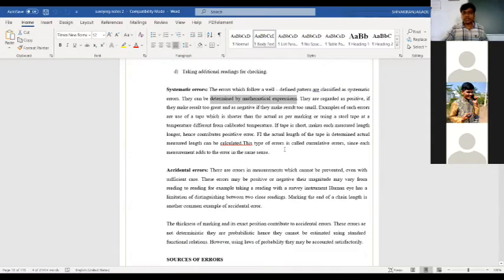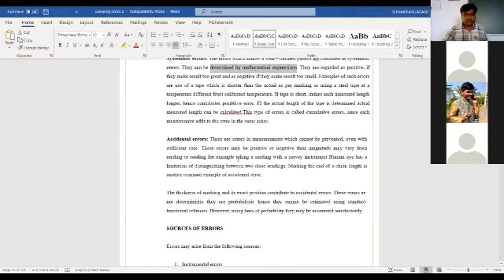And whatever cumulative total we're going to take comes under the cumulative errors. To rectify that, there are some formulas. In coming classes we're going to study that also, and we'll solve problems on that. Also when you come to college, we go for field practical, so there we're going to have all this kind of study. There you get to know how the errors happen. Next, coming to accidental errors.